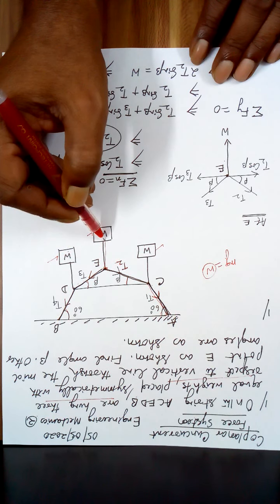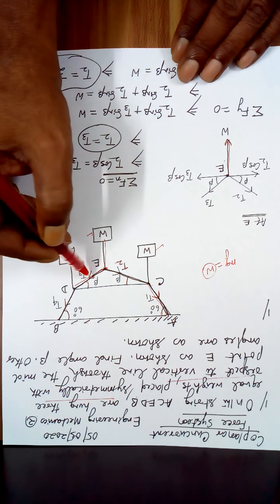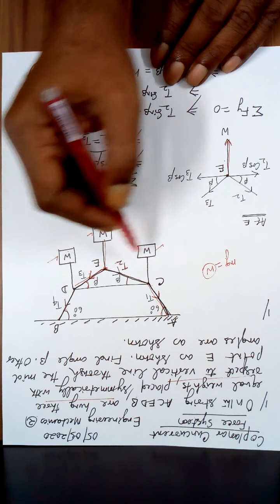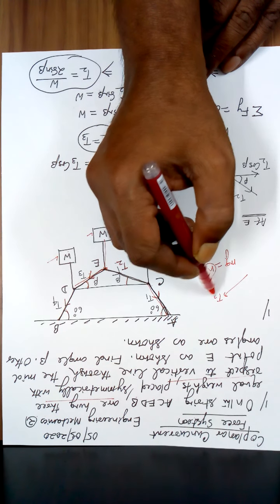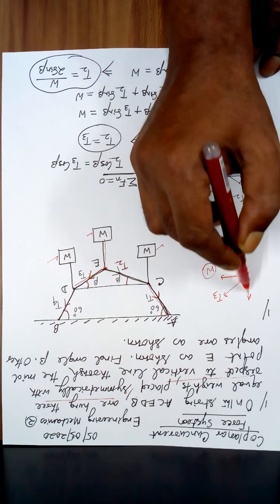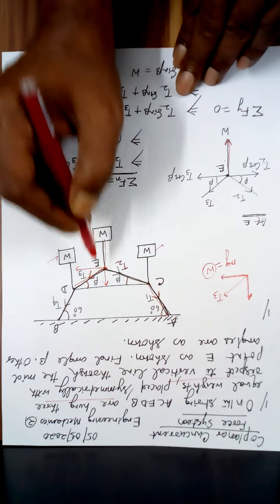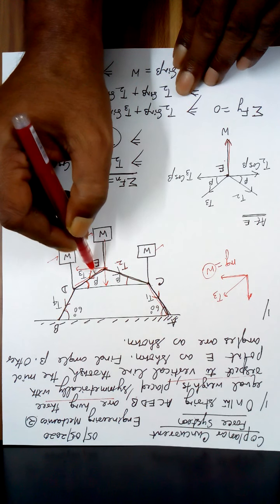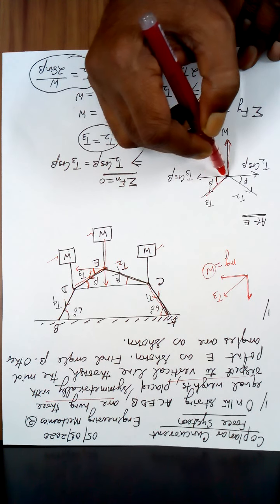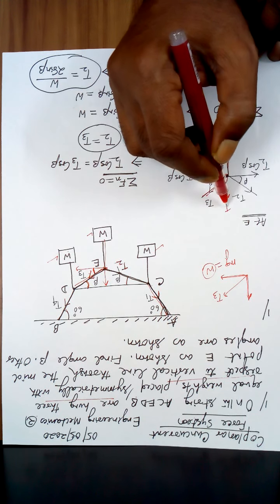From point E, the weight is hanging downward. And this tension I have taken as T3. This angle is beta. So if T3, which is like this, is broken into two rectangular components, one component will be this, one component will be this. This angle is beta, therefore this angle is also beta, which I have shown here. So this is your T3. So this will be your T3 cos beta, and this will be your